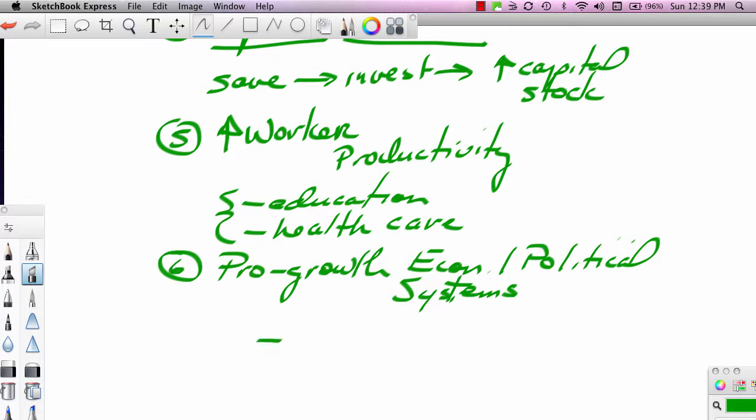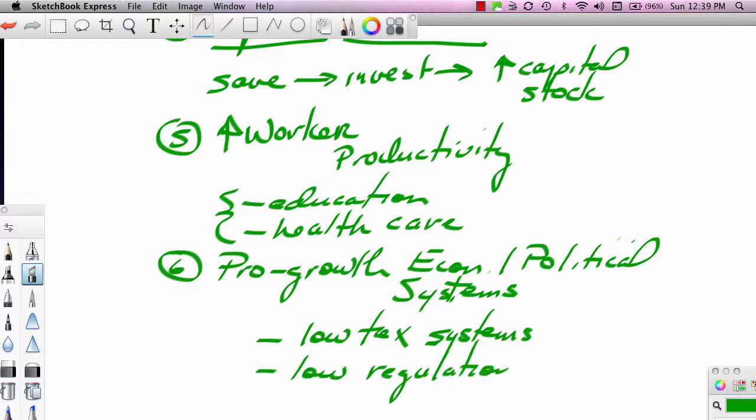And generally what we're going to be looking at are low tax systems, systems that don't overtax citizens. When you overtax citizens, you discourage work and creativity. The most fruitful people do not want to see most of the fruit of their labor taxed away, so low tax systems tend to promote growth, and low regulation systems. Now, we're not saying there shouldn't be something called the Clean Air Act, and there shouldn't be regulations on business, environmental regulations, safety regulations, those sorts of things. For instance,